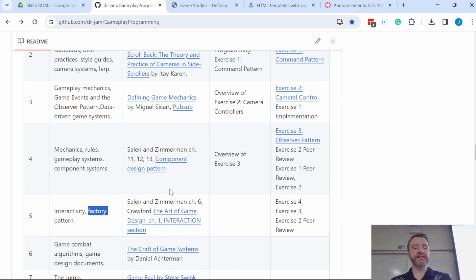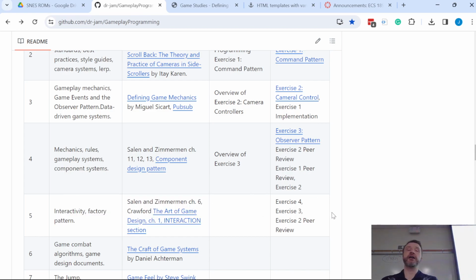Which means that for the factory pattern readings, there wasn't a chapter on the factory pattern in the game design patterns book by Nystrom. So the readings for that are inside of the assignment. They're part of the assignment description. So I'll be giving you those, and we'll be going forward. I'll release that a little early. There's some little cleanup I need to do to it, which is why it isn't linked, but we will get